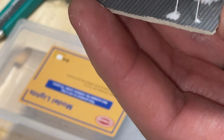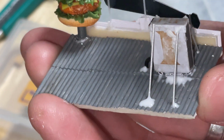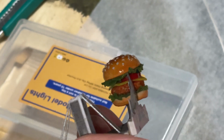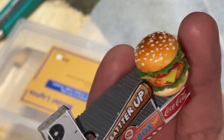I trimmed the top of that, and it had to land right there. There we go. It's not too bad. That other stanchion could be back further. The front ones look not too bad. I'm not too happy with that. And I think if we just come around on that closer one, while the glue's still drying, you can definitely pick up the colour, certainly, which will be seen from the front